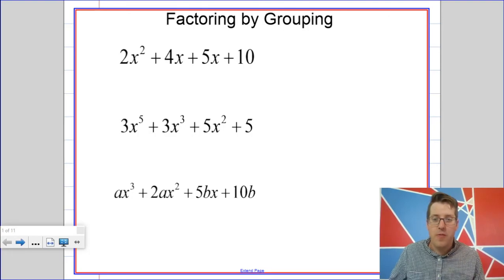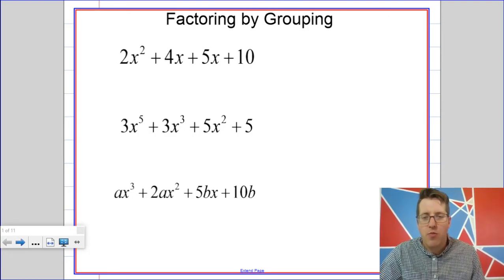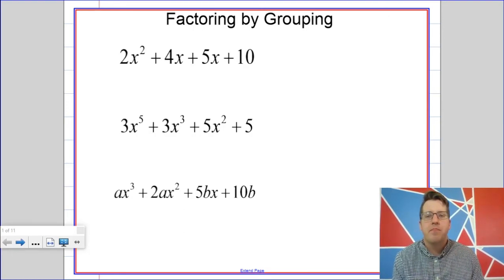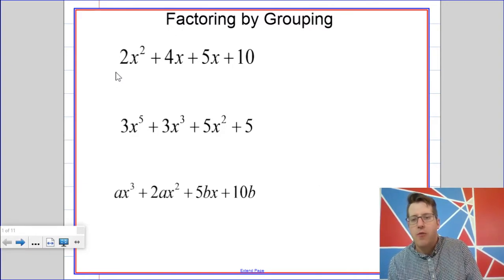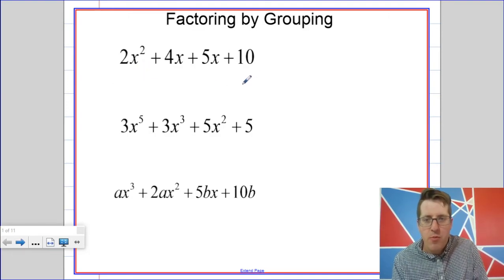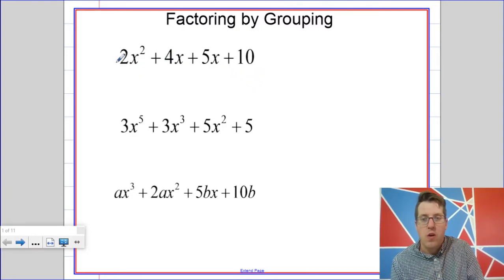Alright, so the focus of this video is factoring by grouping, which is a way that you can factor things that have 4 terms. You might have seen this before, you may not have, but it's a useful and interesting way to do things. So let's start out. You're only going to use this on things that have an even number of terms, or things that you can figure out how to write with an even number of terms. So, for example,